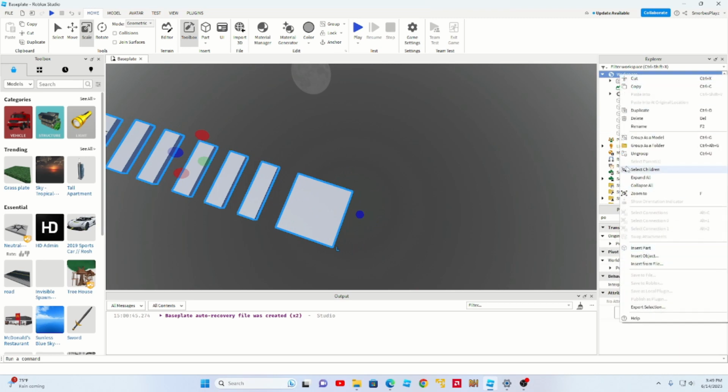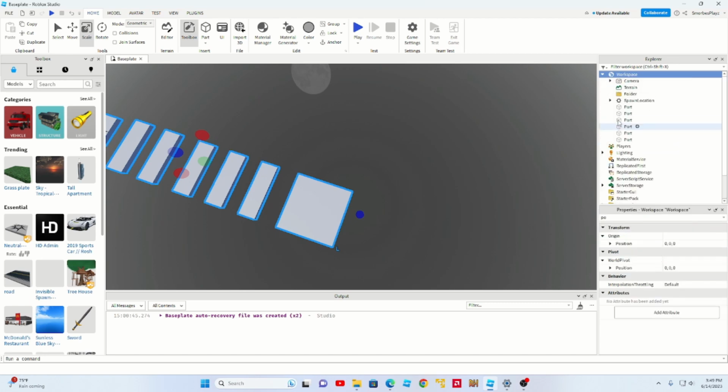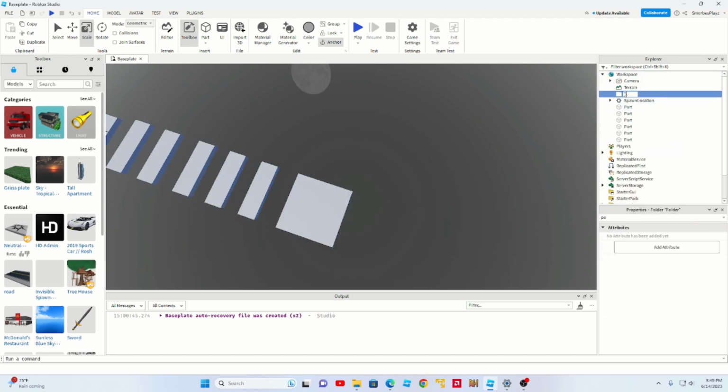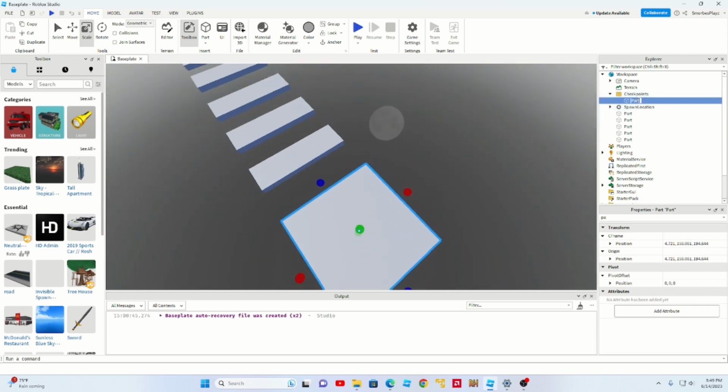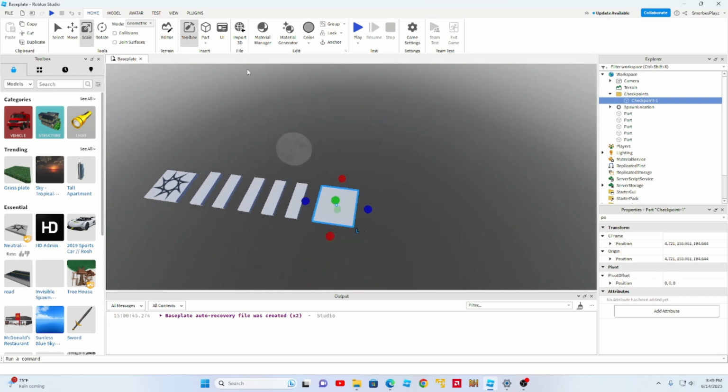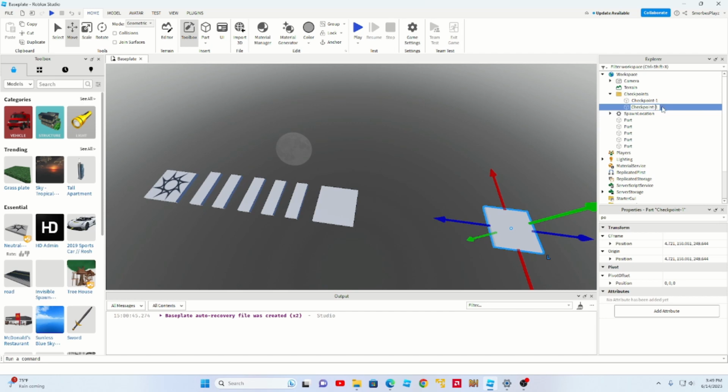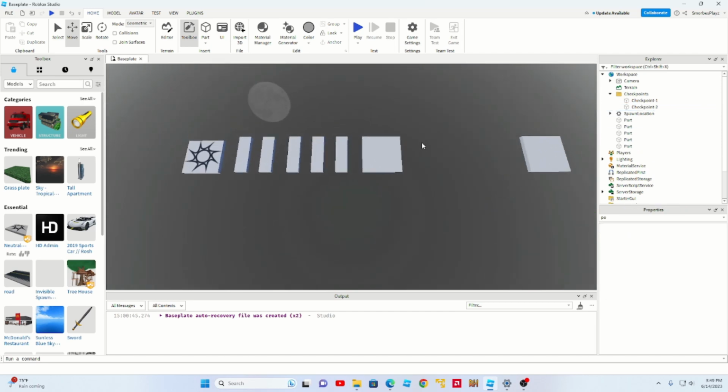So go to Workspace, right click it, and insert a folder. Name this checkpoints, and take this part, your checkpoint part, put it in and name it checkpoints dash, then whatever checkpoint it is. So in my case it's gonna be checkpoint 1, and then you can add more and then change it to checkpoint 2 for as many checkpoints as you want,